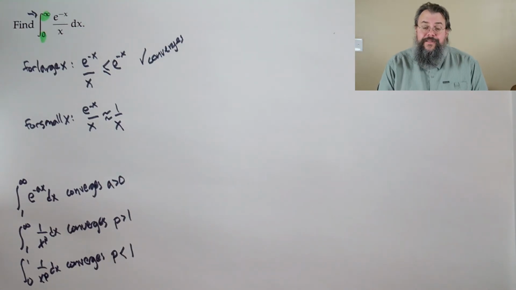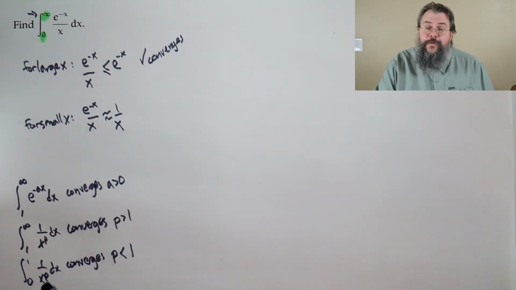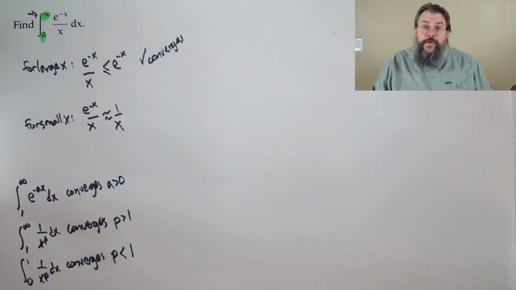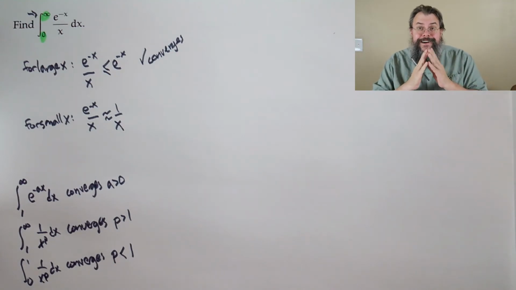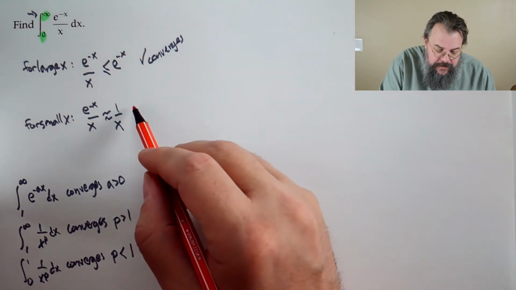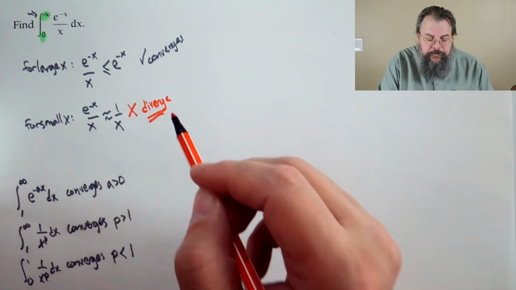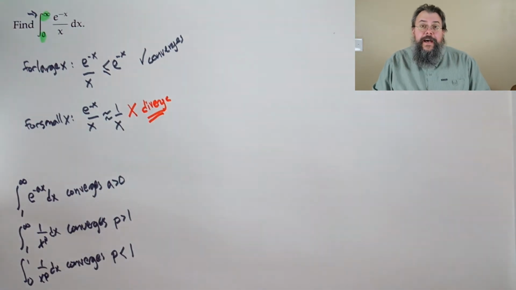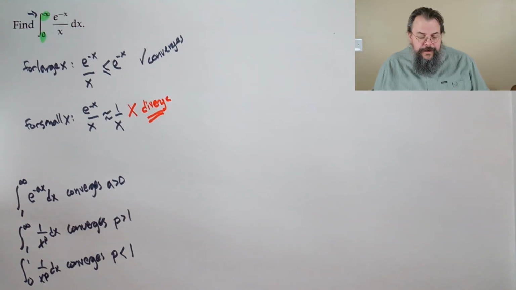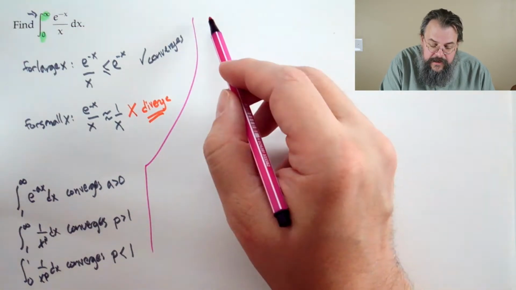But now we say, well, wait a second. 1 over x, that's not one of our converging things. Ooh, this looks like it should diverge. We say, okay, good. So now we have kind of an idea. And you might say, wait, we do? What's our idea? What's our beautiful idea? Well, our beautiful idea is to say, aha,